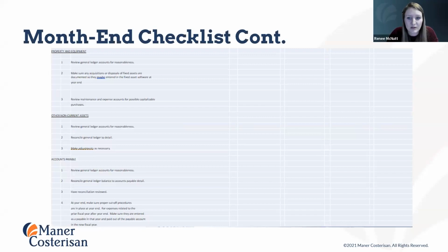On this slide, we note property, plant, and equipment. Any additions or disposals are recorded. Review maintenance and expense accounts for possible capitalizable